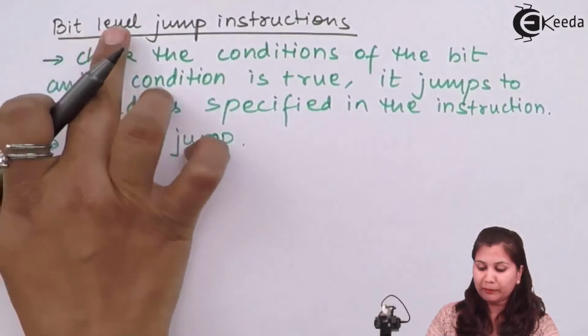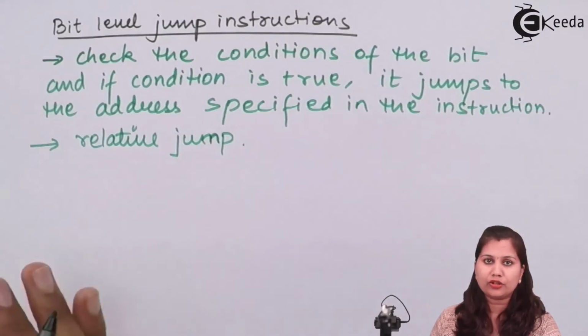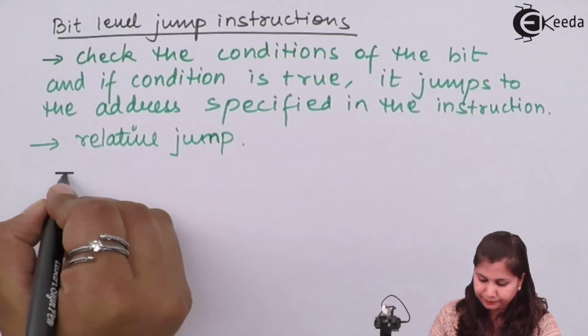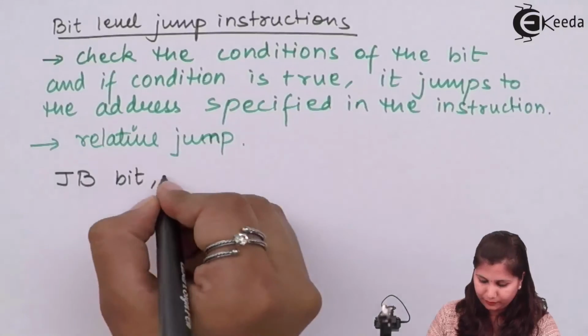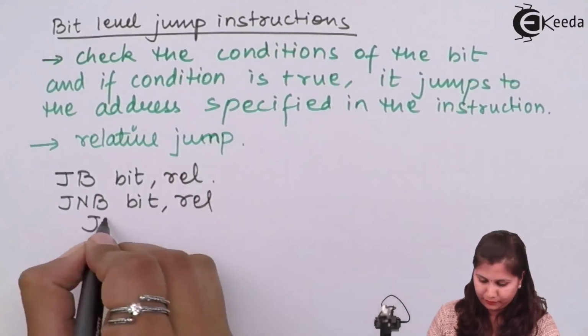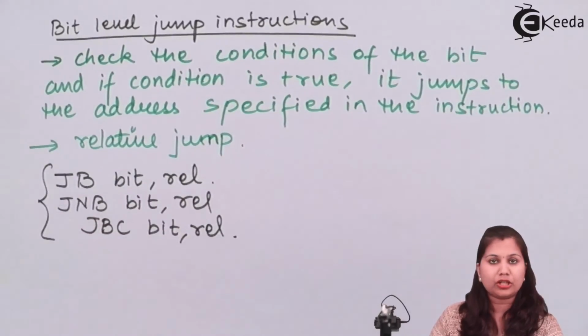So we can say that the bit level jump instructions are a type of conditional jump instructions. Examples of these instructions are,